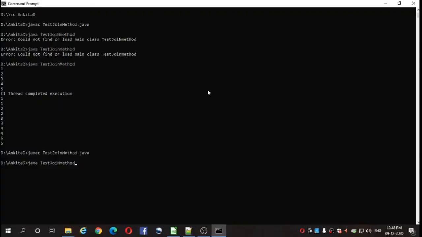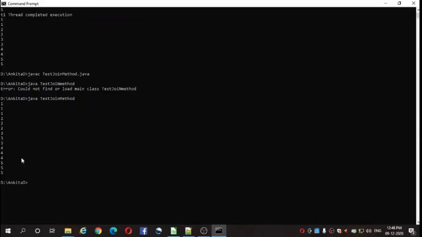Run command, paste, press enter. You can see here the output, that is 1 1 1 2 2 2 3 3 3 4 4 4 and 5 5 5, which is not sequential.